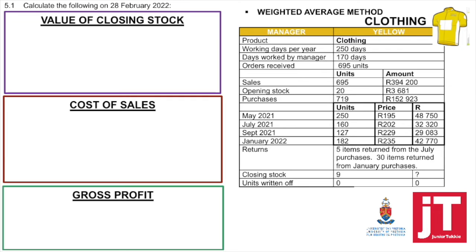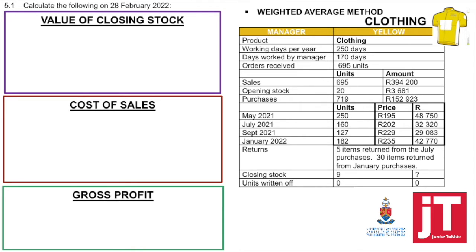To calculate the value of our closing stock, when we're using weighted average, we need to take our opening stock plus the net purchases plus carriage on purchase plus any additional cost, divided by the total number of units available for sale. Once we've calculated the weighted average price, we need to times that by the number of units